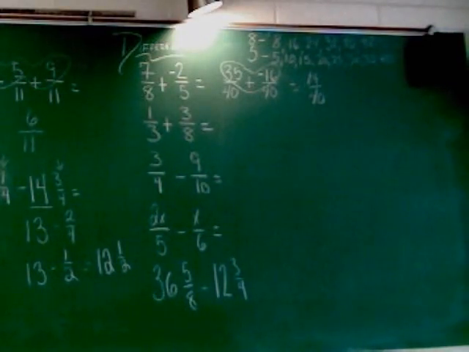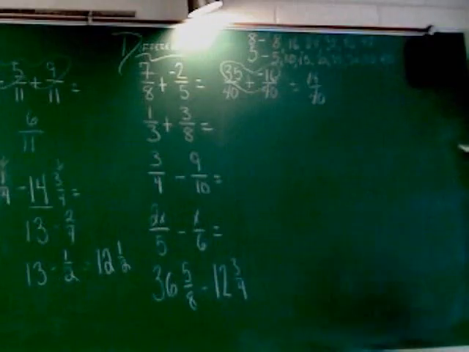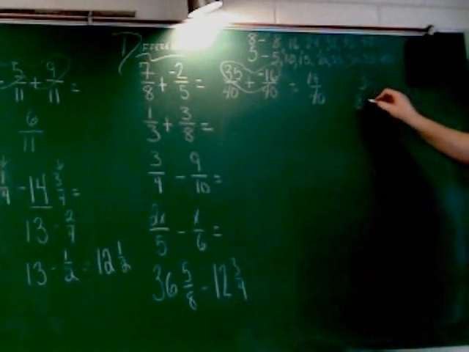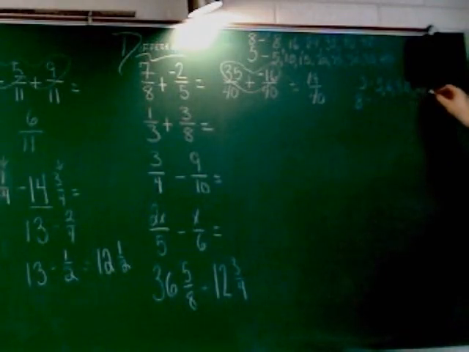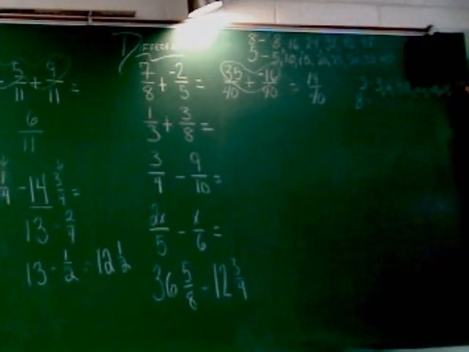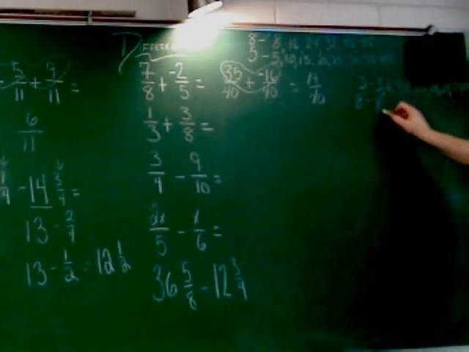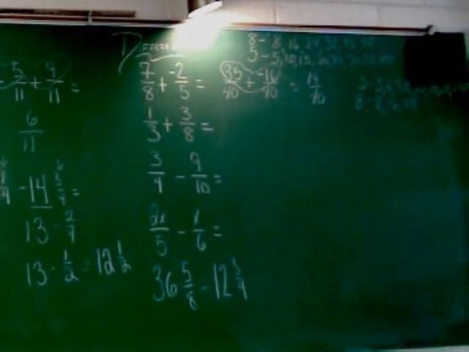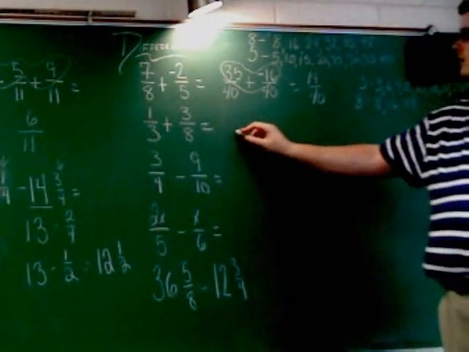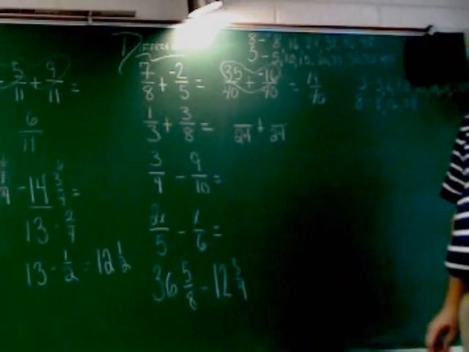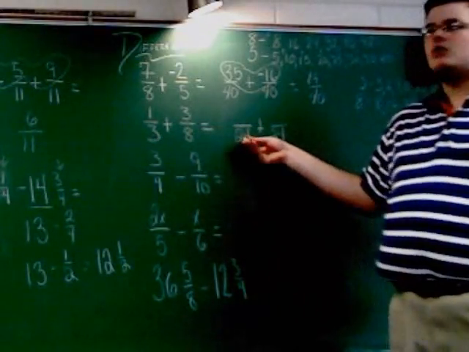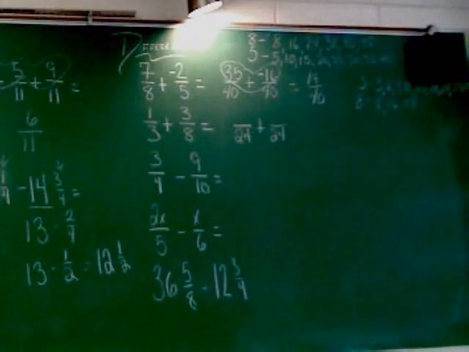Yes. 1/3 plus 3/8. 1/3 and 3/8. So start by listing multiples. 3, 6, 9, 12, 15, 18, 21, 24, 27. 8, got 8, 16, and 24. 24 is my common denominator. To get from 3 to 24, I would have had to multiply by 8. So I'm going to multiply